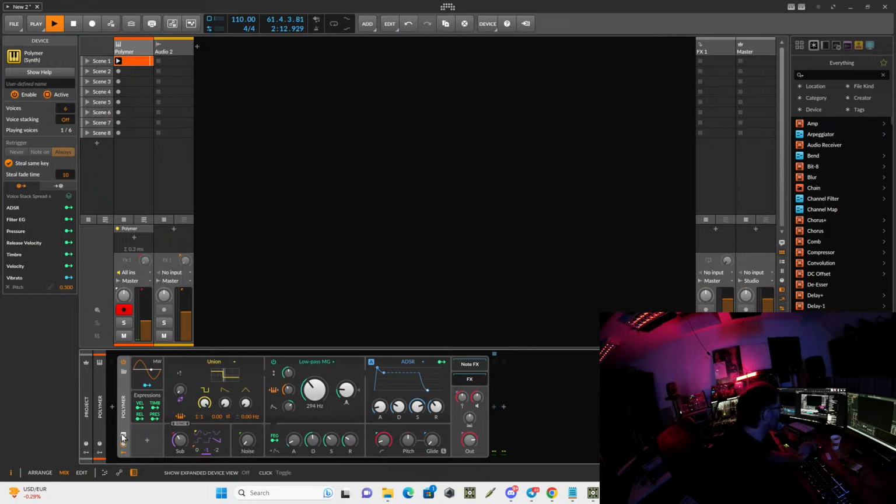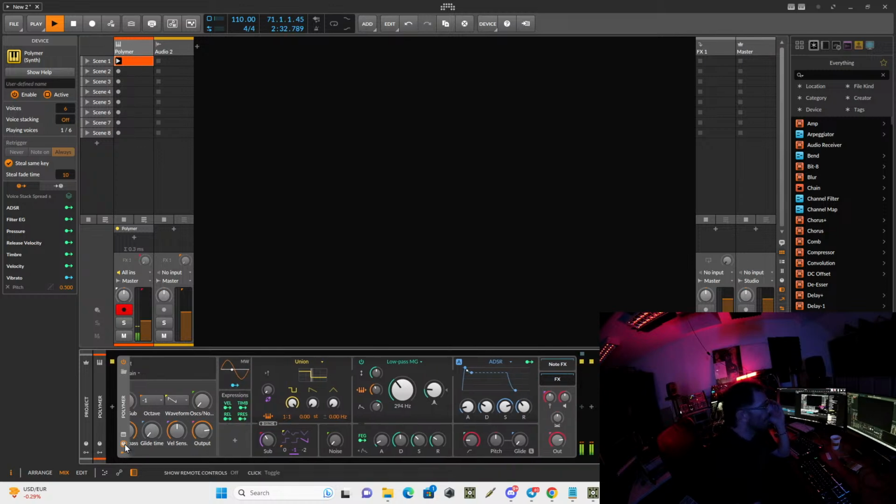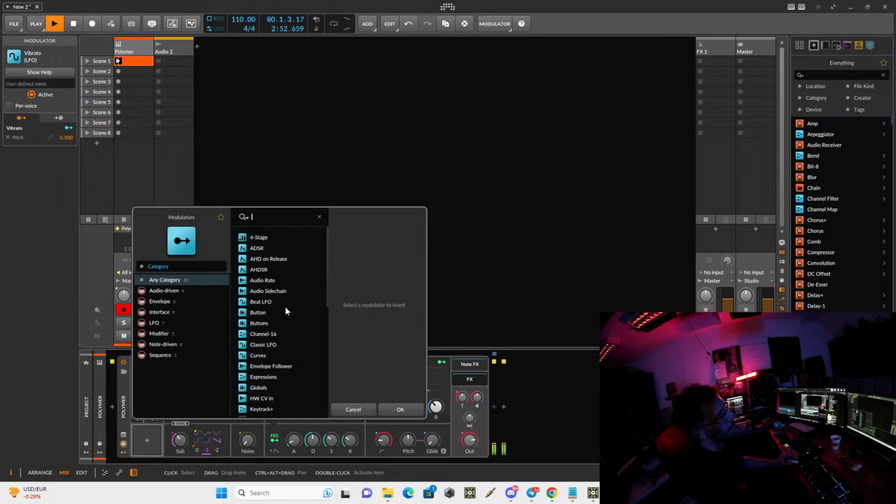One button is to view the content of the instrument. It's a bit more complex for now, I will tell it later. It has instrument remote controls, and it has modulators. And that's the most important difference of Bitwig to any other DAW, digital audio workstation, because here you can very easily create, using again a plus button, a bunch of instruments which can